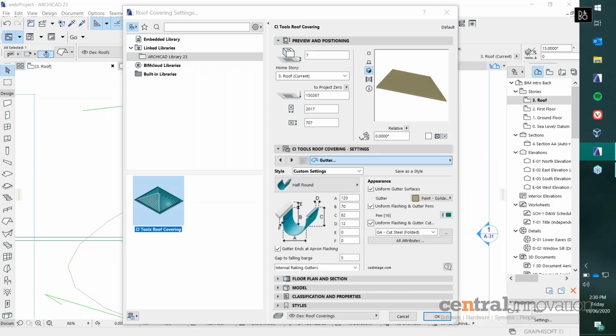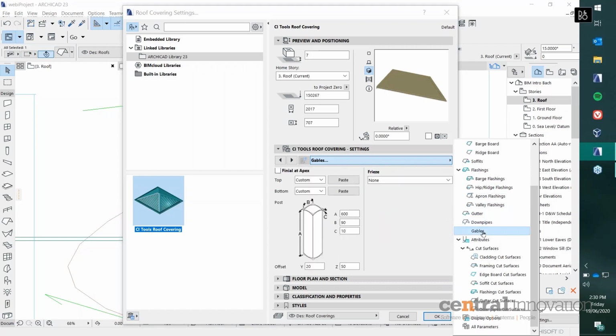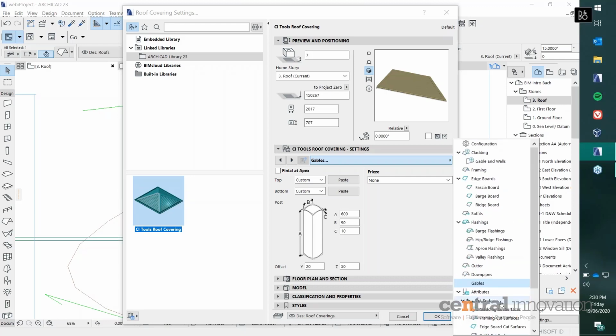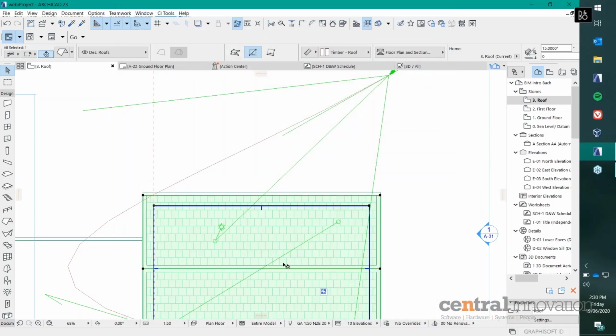You can choose the way that your gutters will look, and also the way that the downpipes will look, if you need those. And you can also control the way that it handles gables as well. And we've got similar cut surface settings as we had with the wall tool. So now if I hit OK, it's going to apply